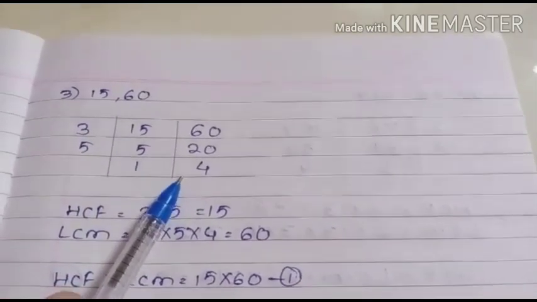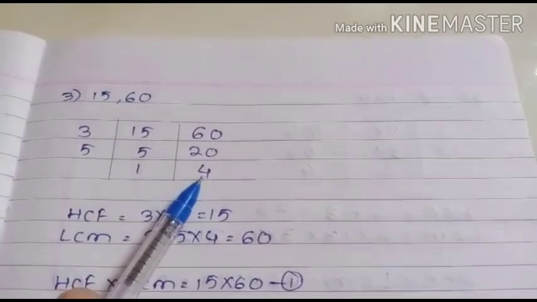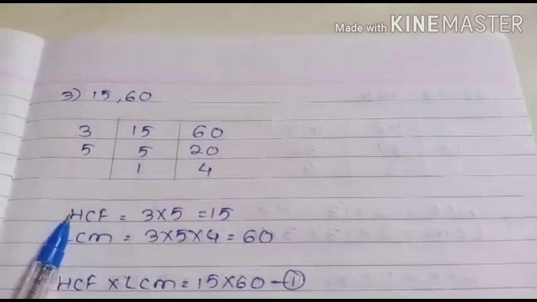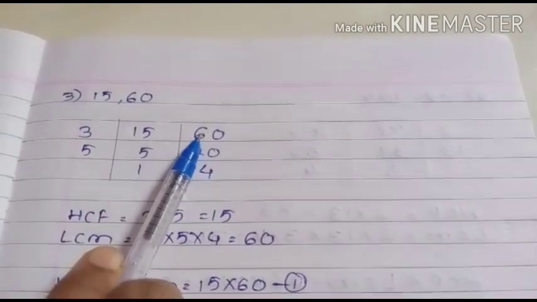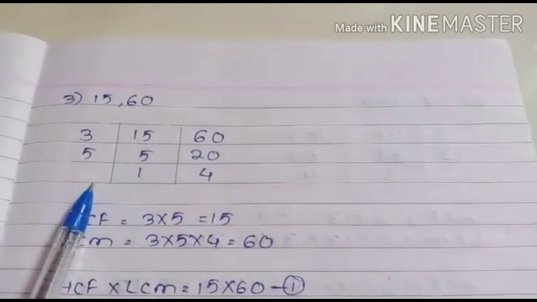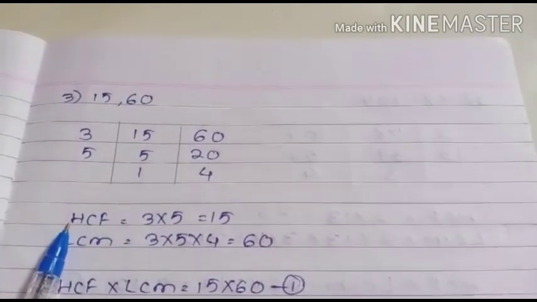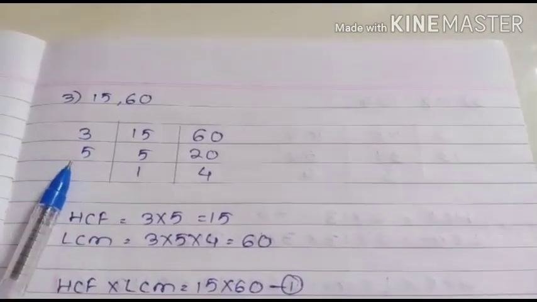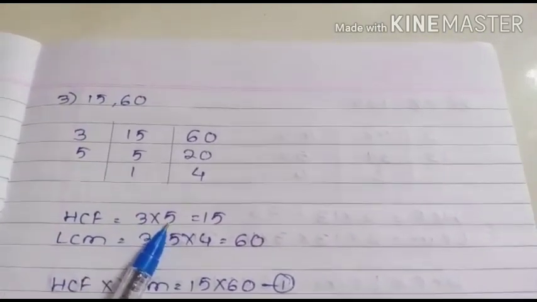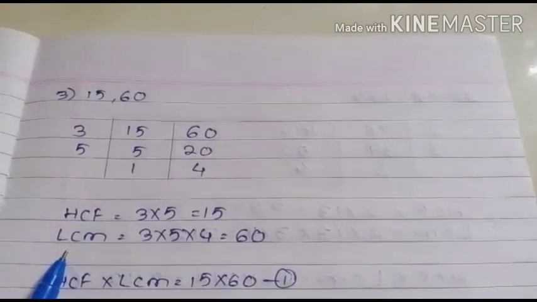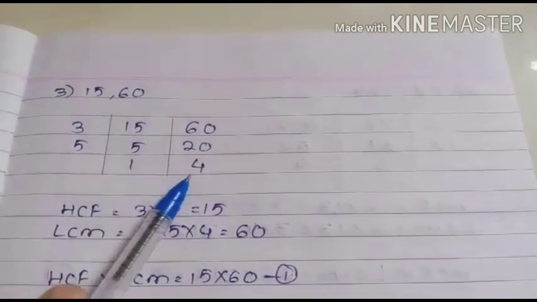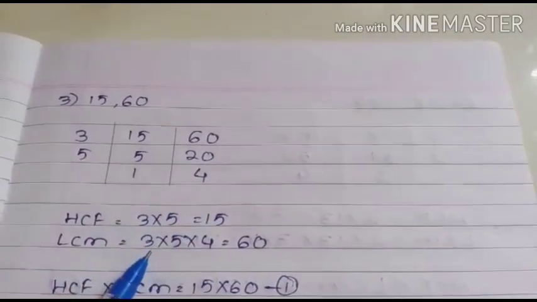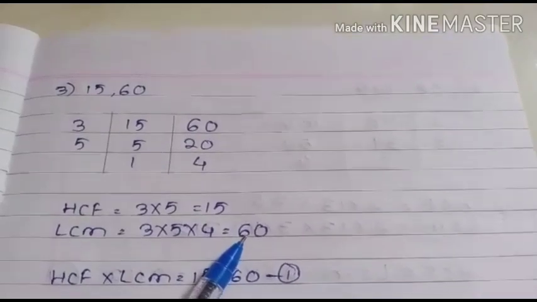Clear, everyone? What I said to you, we have to stop here itself. Why? Because here we have to find HCF. HCF means the common factor of both numbers, and 4 is a factor of 60 alone. That's why we cannot move further. So what will my HCF be? These two factors of 15 and 16, 3 multiplied by 5. My answer will come 3 5s are 15. And LCM means what? These factors as well as these factors. So 3 multiplied by 5 multiplied by 4. So what answer will I get? 60. Is this concept clear to everyone?